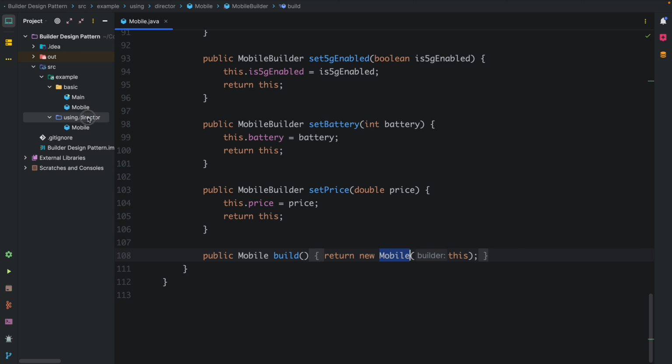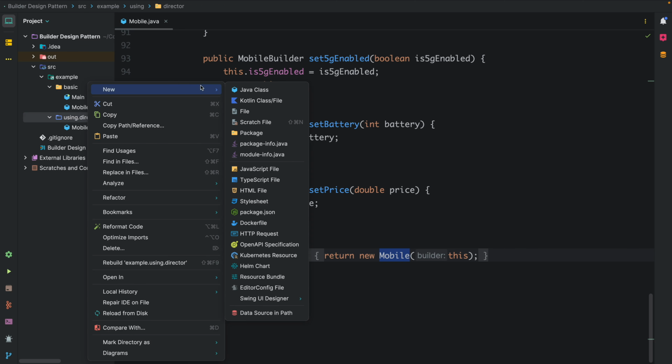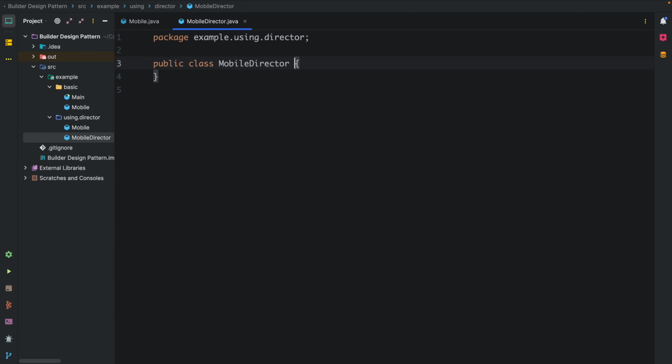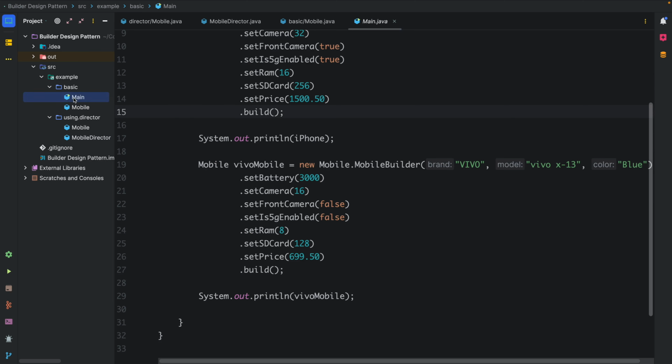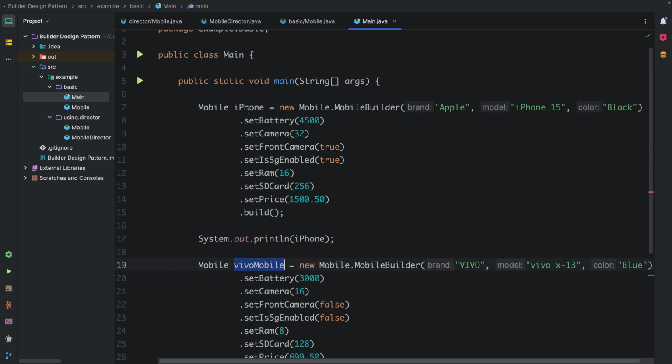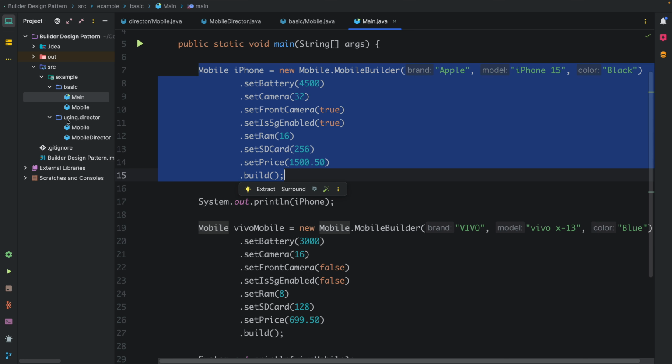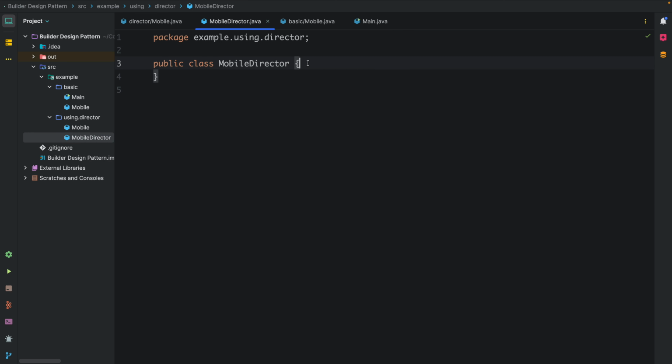Now I need to create one director. Let's call it mobile director. So in this class, what we will be doing, we will be creating, for example, in the previous example, we created these objects, right? iPhone and Vivo mobile objects, right? And now these objects will be created at multiple places, right? So for that we are using mobile director, and inside mobile director,